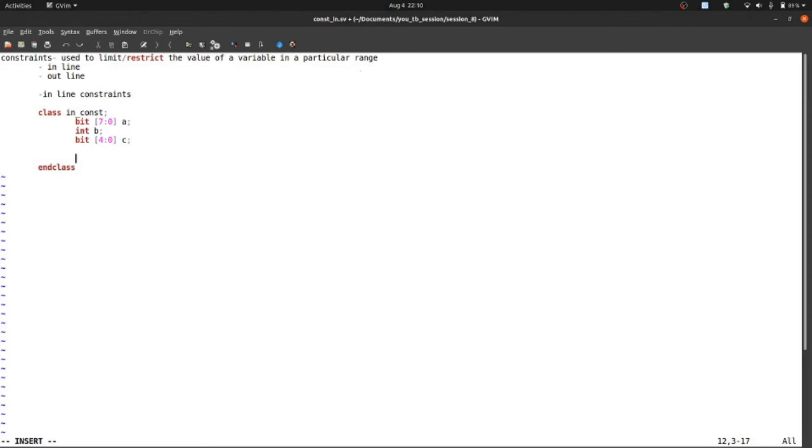After that, some method, task print, and endtask, and inside it some display mechanism, $display.